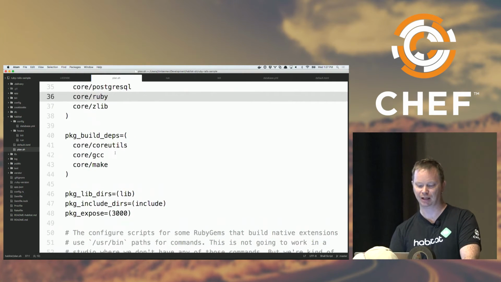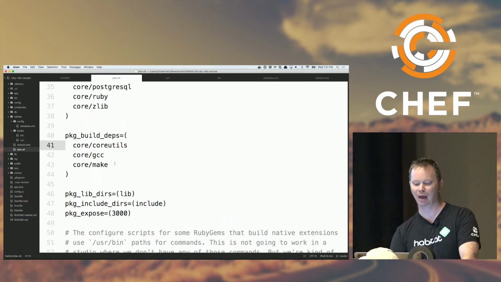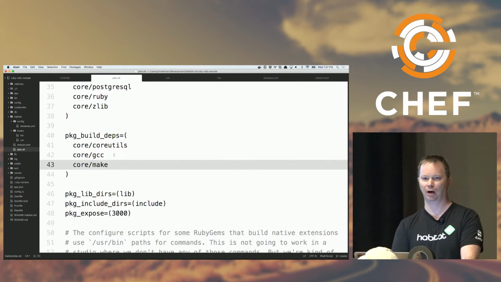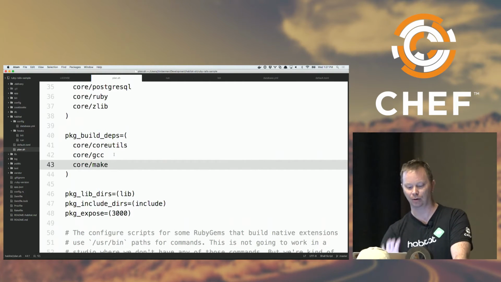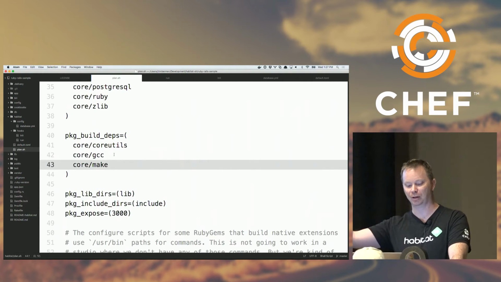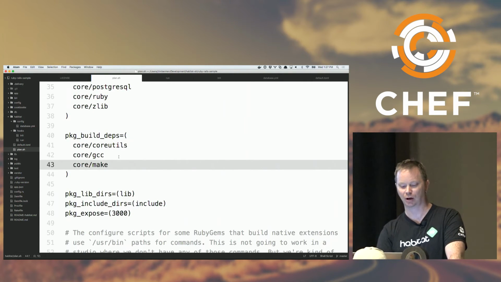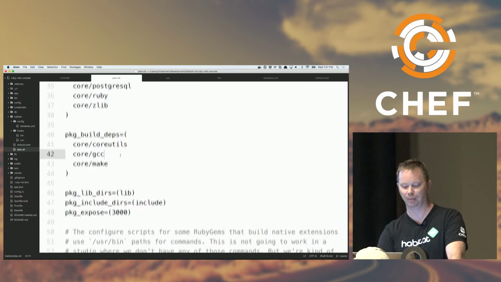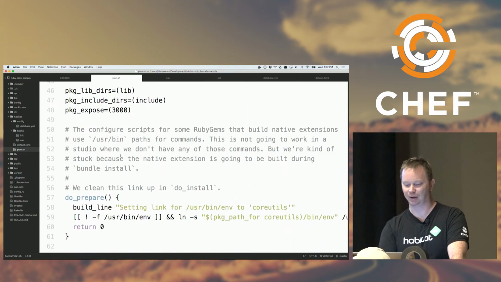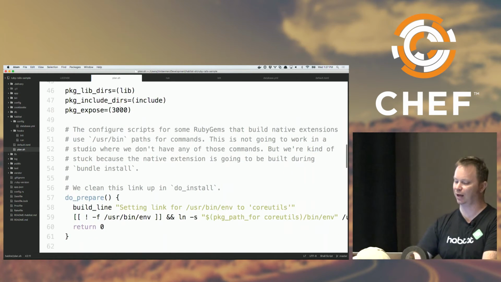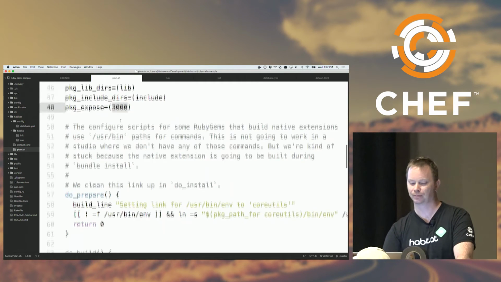The build deps need coreutils, GCC, and make. Those won't be in the dependencies when I install it on a container or a VM or something. And we have the lib directories, the include directories, and we expose port 3000.